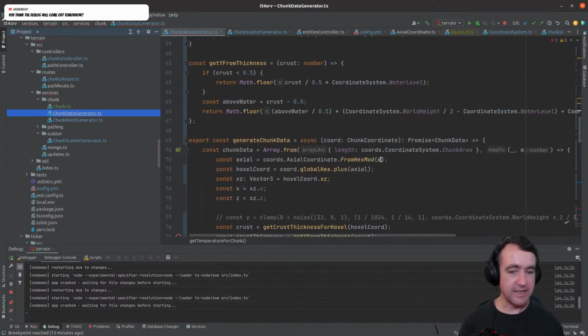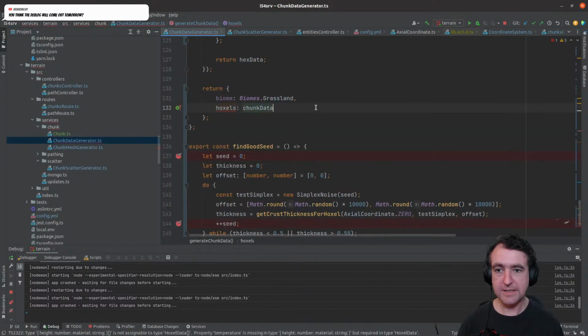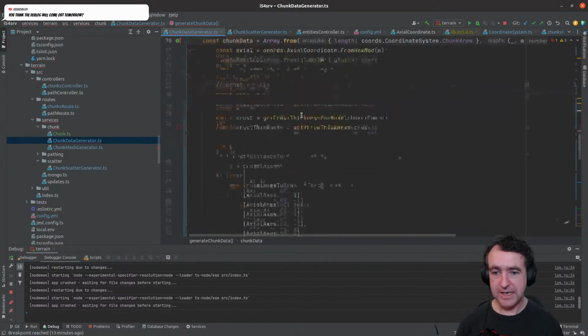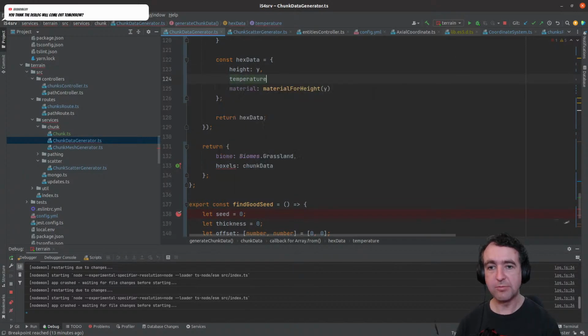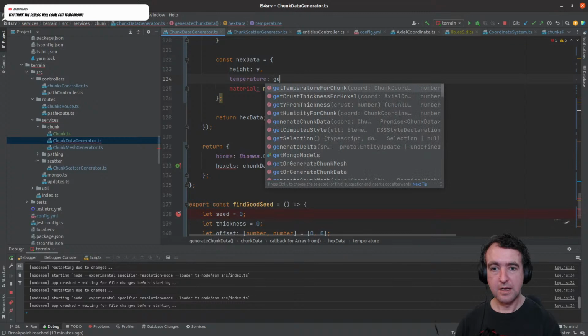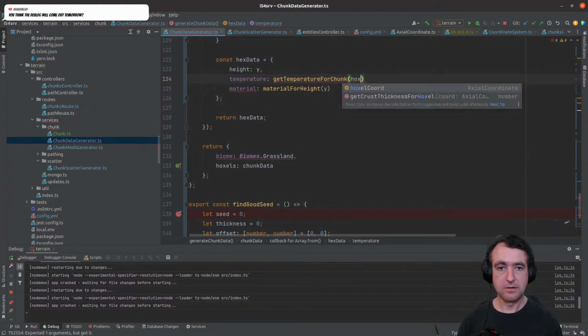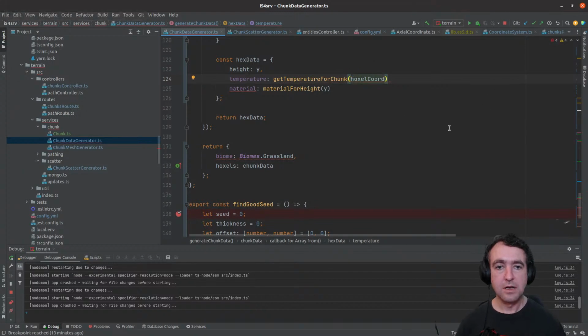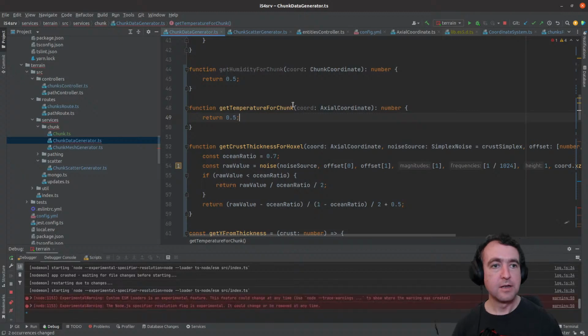Then I just need to be able to generate that. Chunk data generator, this should be broken. There it is. Hoxels is chunk data. Chunk data will return a height. There it is. And we need a temperature. Get temperature for chunk. I'm going to change the definition of that. Come back in here. All right, now running this code,